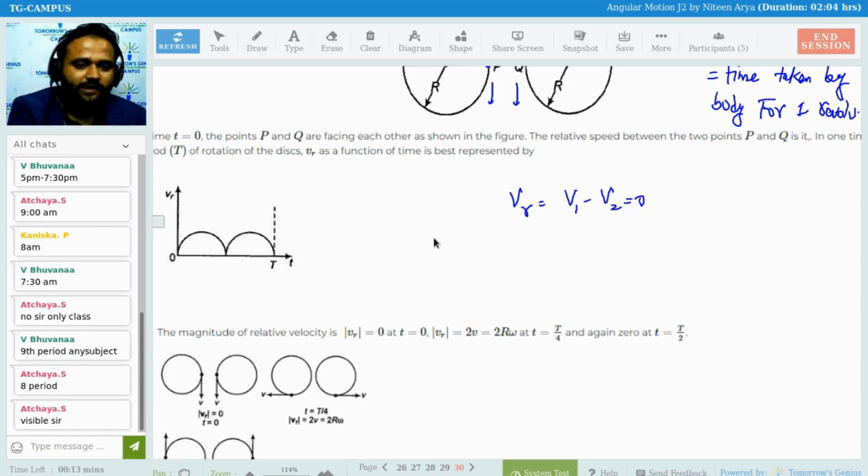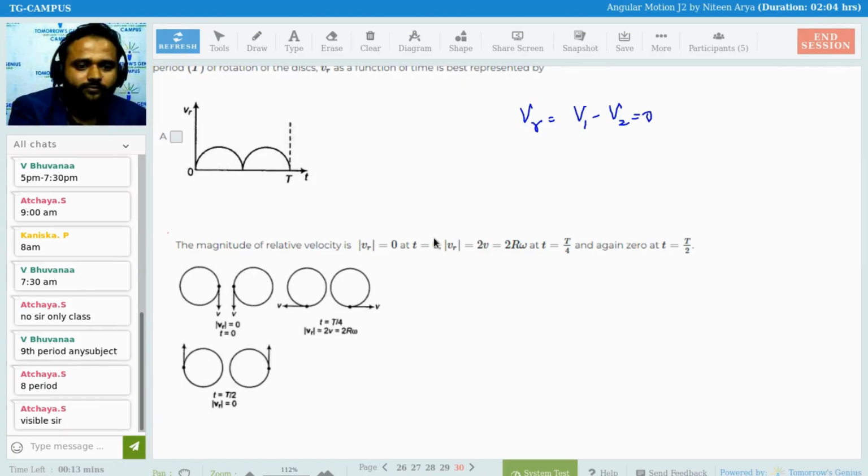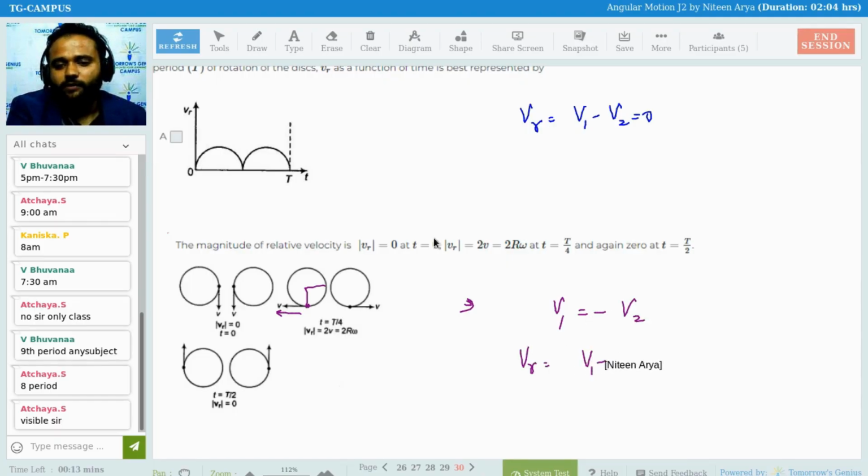As you can see, initially at time t equals 0 the relative velocity is 0. When they reach this position, which is a quarter of the period, the relative velocity adds up, because one velocity is in this direction and the other is in that direction. So V1 is the negative of V2, and the relative velocity V1 minus V2 is going to be 2V,